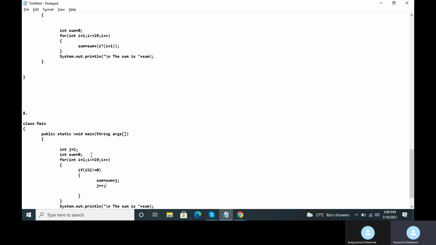Not second term, so third term is 2. Third term. So for odd number elements, you are just doing sum equal to sum plus j. Then immediately you should increase the value of j variable by 1. And this j plus plus must be done inside the body of this if block. Okay. Where the if block is inside the for loop here.